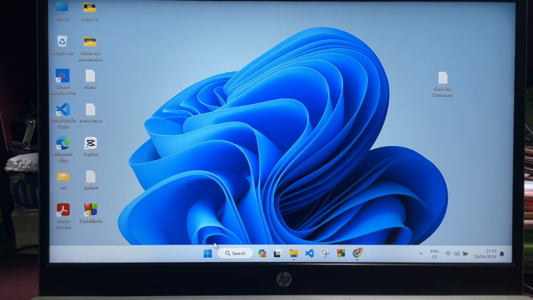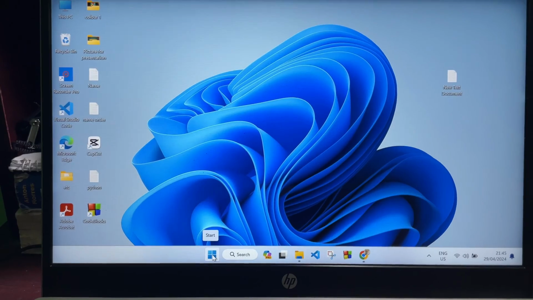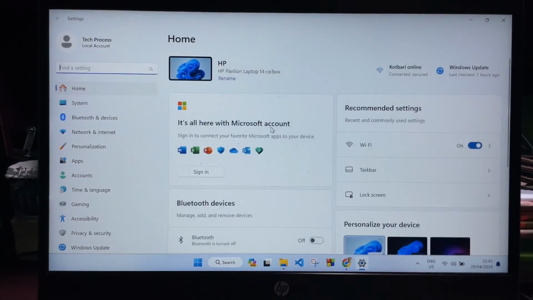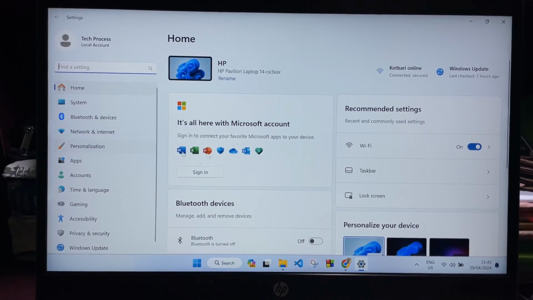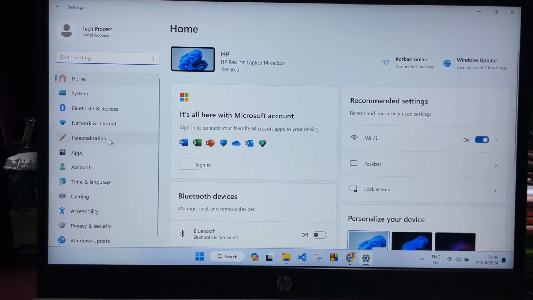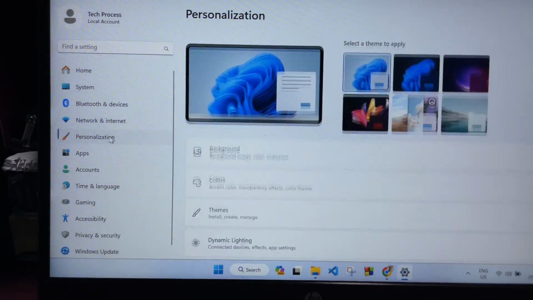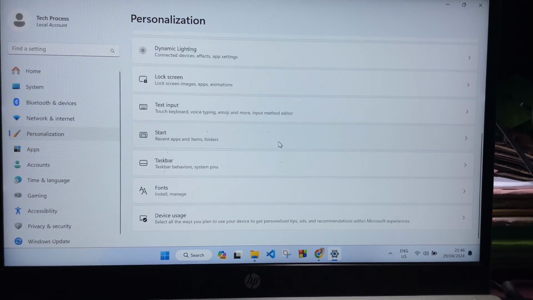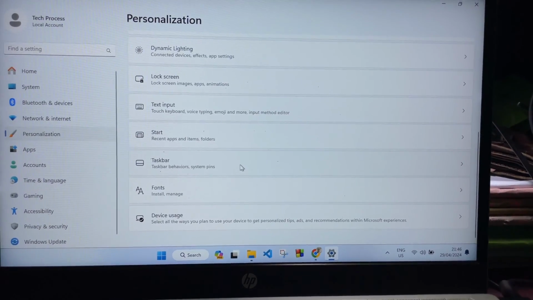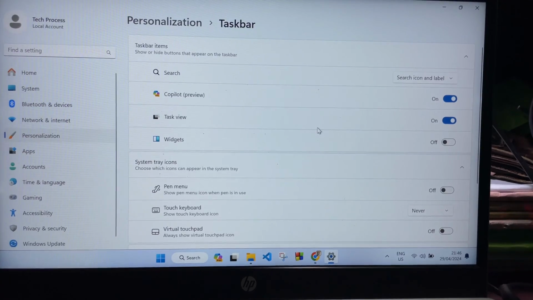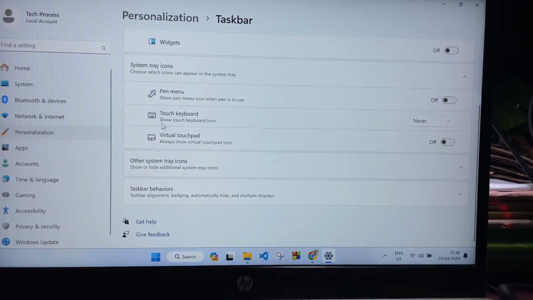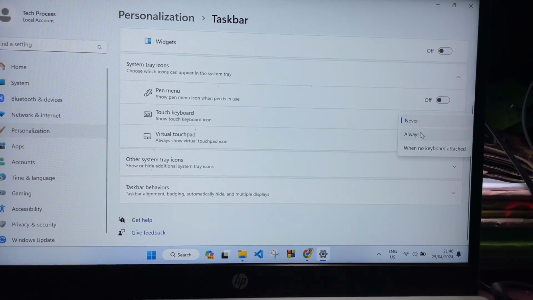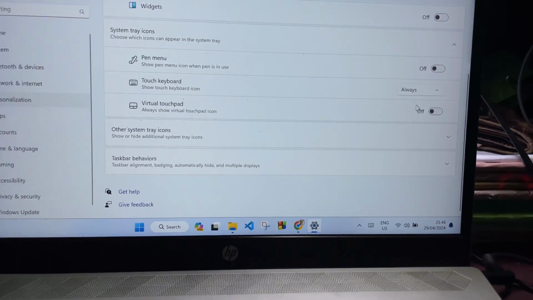So first of all, click on this start menu here, click on it, and then click on settings. And once you are on your laptop settings, now at the left side you will get personalization, so click on that, and now scroll down a little bit, and here you will get taskbar, click on that, and now again scroll down, and here you will get touch keyboard, click on here, and then click on always, and now at